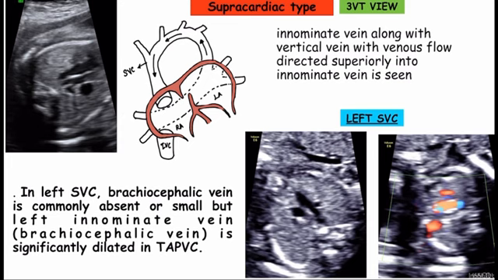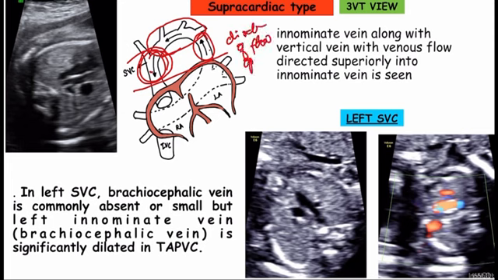Now let's come to the 3-vessel trachea view in supracardiac type. We have already discussed the flow. We know that the flow between the SVC and the anomalous venous confluence is of opposite direction, and that the brachiocephalic vein can be dilated. We know that the SVC can be dilated. So that's it: direction of flow opposite,